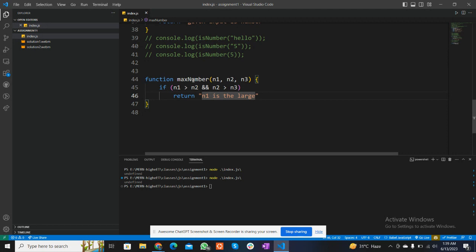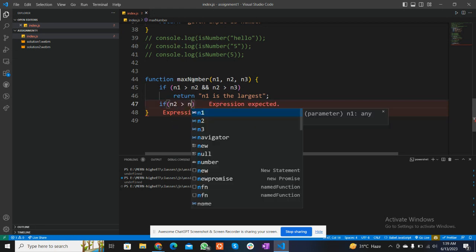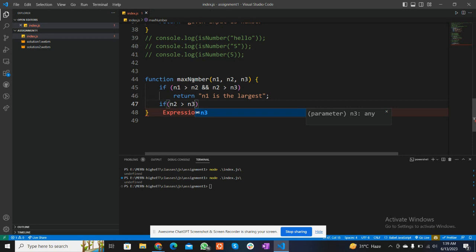Then we can write a second if condition, and inside of that if condition, we can check if n2 is greater than n3. If it is the case that n2 is greater than n3, we can write out the return statement that n2 is the largest number. And then for the else case, we can convert this into an else if,